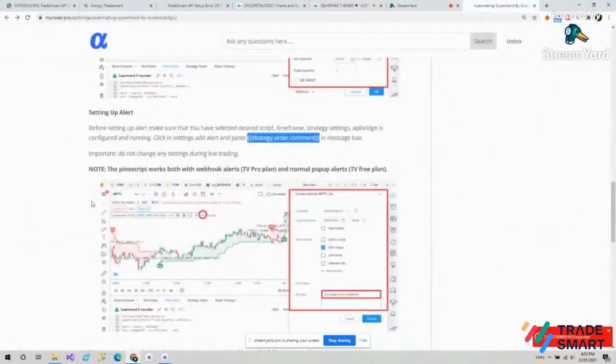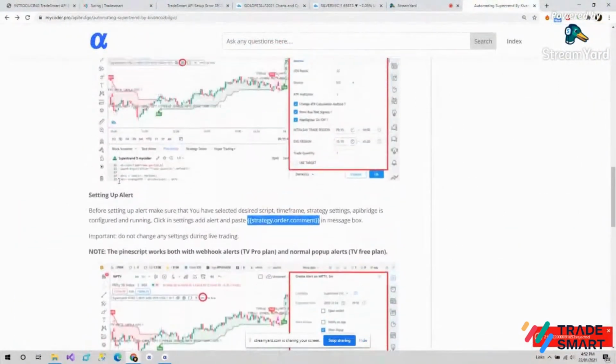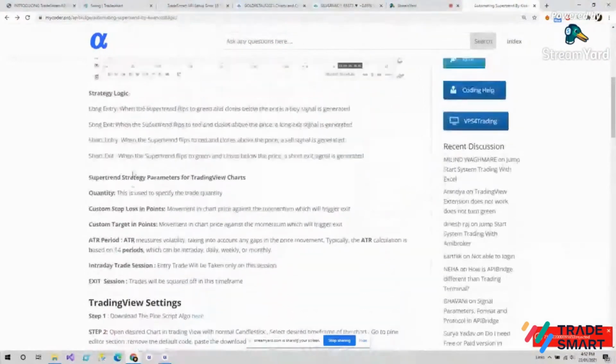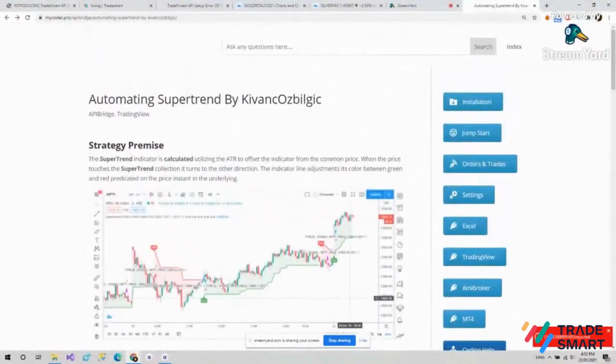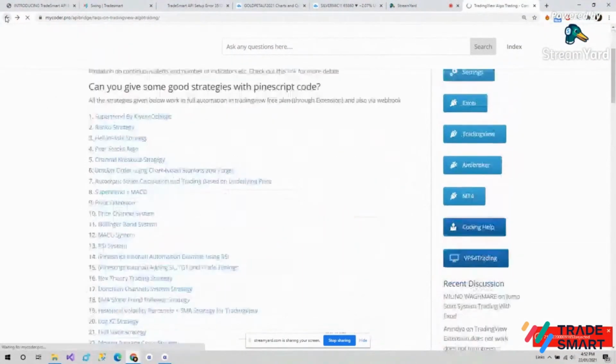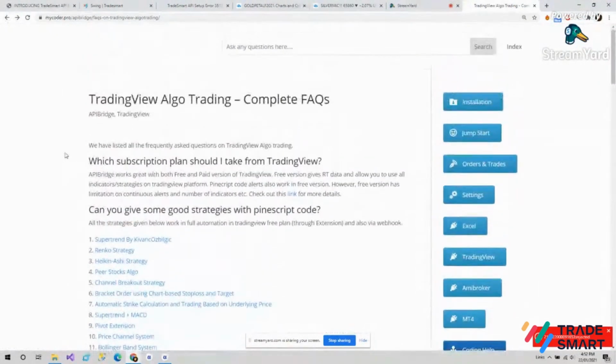Now, so this is how you deploy a strategy on the chart. You can test and try it in your chart on Monday onwards.